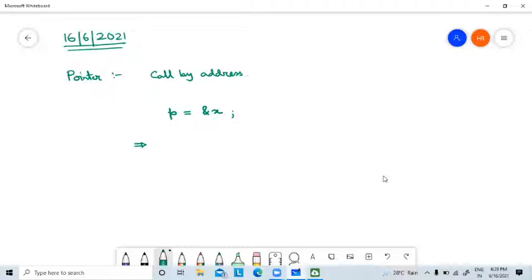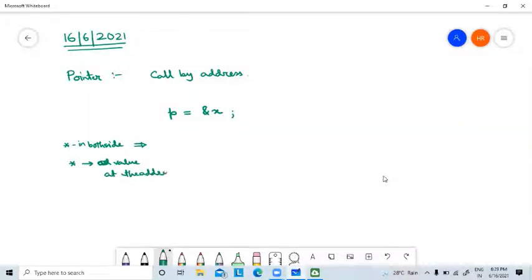Now, if we take star on both sides, what is the meaning of the star operator? The meaning of the star operator is value at the address.